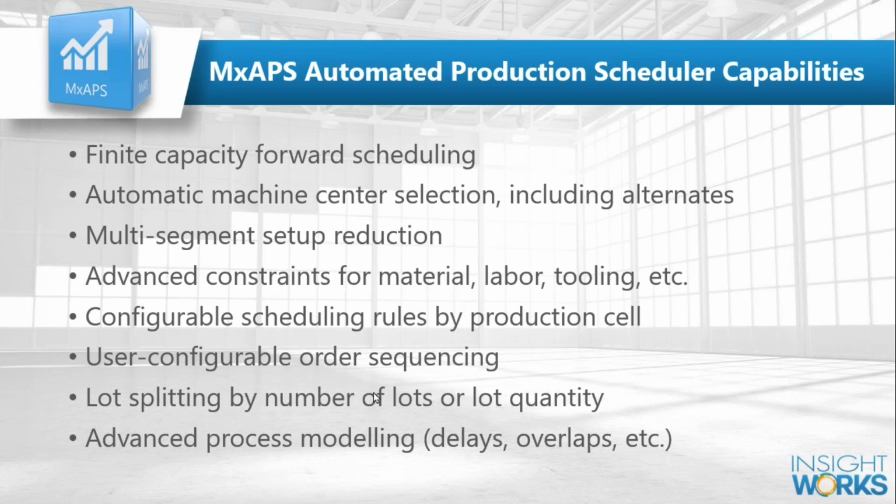Okay, and there's a whole bunch of other goodies here. The lot splitting is kind of nice if you're in a high volume environment where you're getting an order for 100,000 pieces or something. Without having to create multiple production orders, we can actually split that up into maybe lot sizes of 10,000 apiece. And then we can schedule that big production order across multiple machines or break it up so that other orders might fit in between them that are higher priority, those sorts of things. So lots of good stuff there.